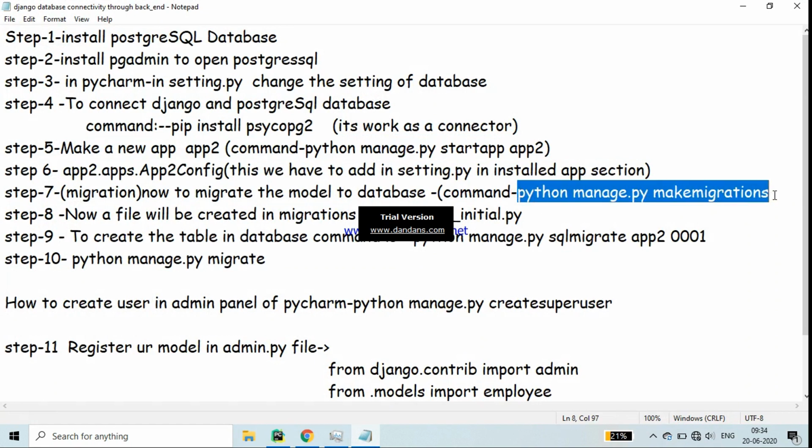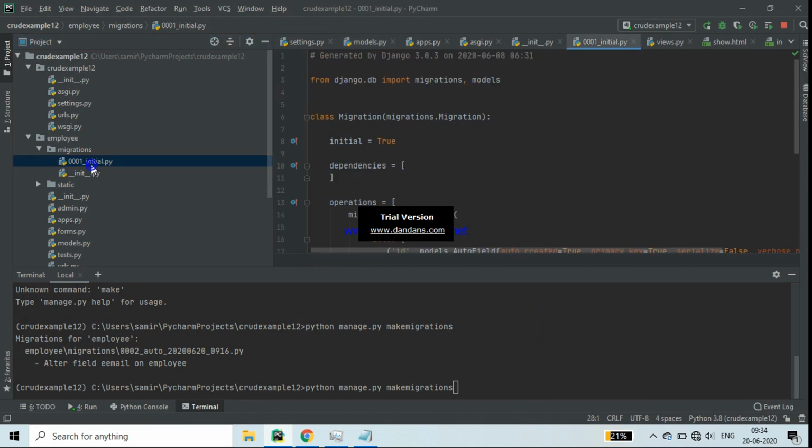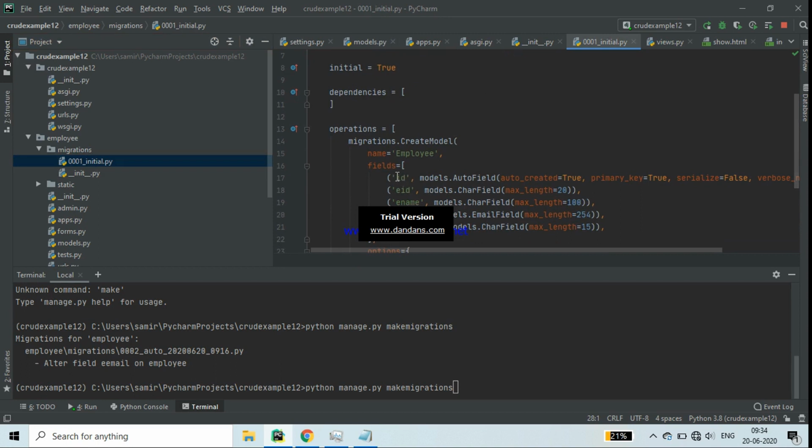python manage.py makemigrations. You will write this command here, then enter. After that this initial.py file will be created, and see what is in this file. In this file, all the fields will be created automatically.